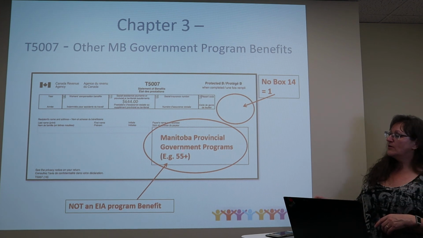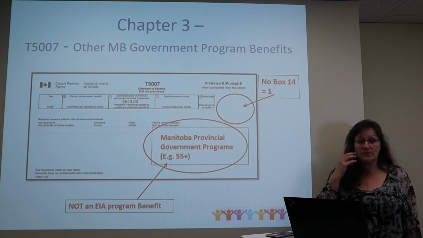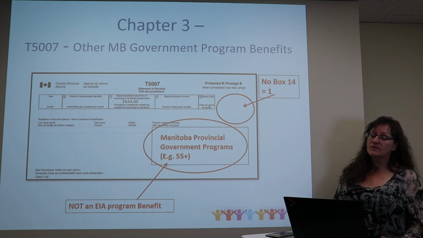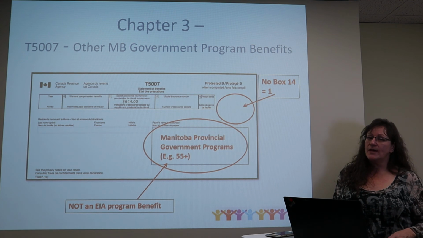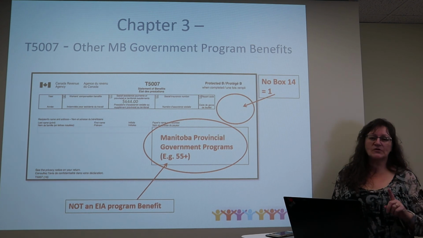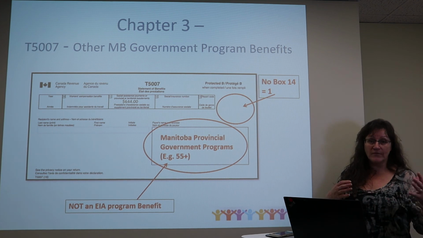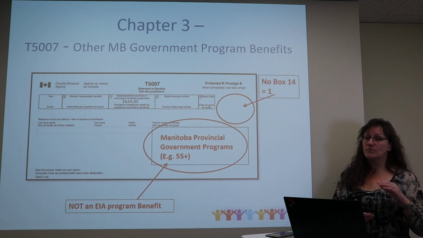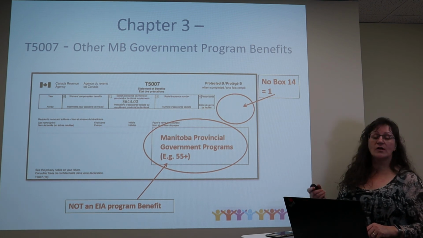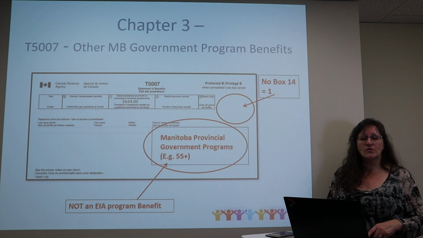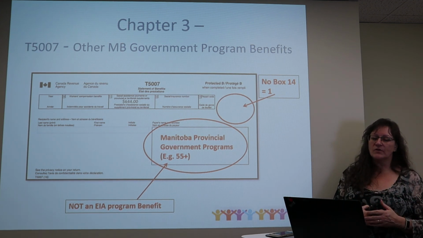One is that the payer here is clearly not going to be the EIA program. It will be a provincial government program often, or in some cases it's a federal program, but it'll clearly indicate that it is not the EIA program. So that's our first indicator that this is different than the normal EIA welfare or social assistance benefits that reduce our provincial credits. The second thing, though, is that this has not got a box 14 figure. So that is clear that there is no extra box added there, so that makes it very different from the